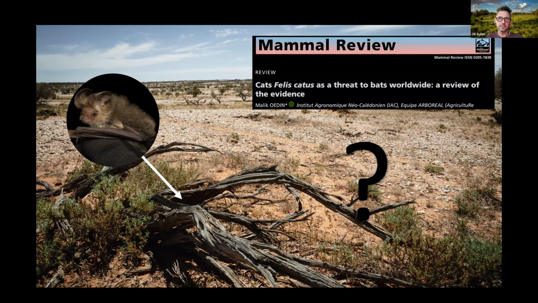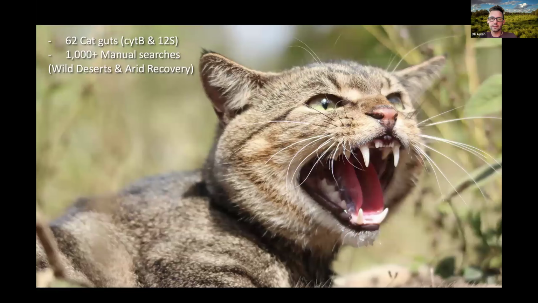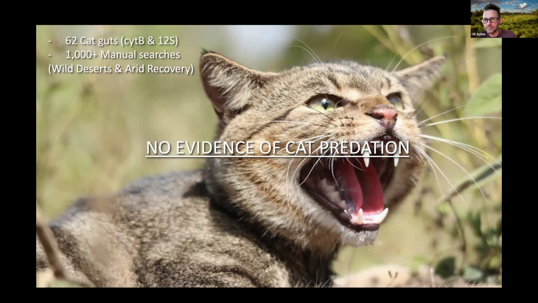So we ran this DNA analysis. So 62 cat guts. I also trialed two different primers. So 12S is one that is often used in vertebrate prey analysis. Cytochrome B is another one I found that has been specially adapted to forensically identify bats. So I've had a go with that as well. We also have records of over 1,000 manual searches. Now, I knew the answer to this one before I started, which is kind of why I did it. They'd never found evidence of a cat predating on a bat in either of these reserves and some other areas in South Australia. But even with my DNA analysis, I've so far, and I have not finished this analysis yet,